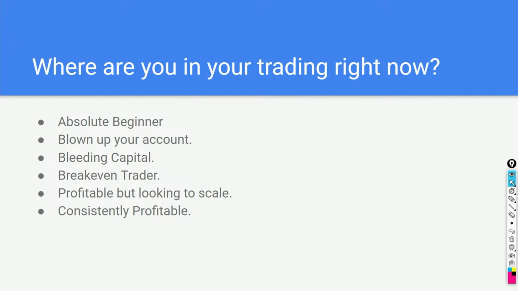And lastly, you might have been doing this for a while and you are absolutely consistently profitable. There is no problem in your trading. What you may face once in a while, even the most successful traders face this, is that there comes a time or a phase in their trading where they end up making mistakes. Now they know that they cannot make those mistakes. They know they are better traders than that, but they still end up making mistakes, and that is because they get distracted.